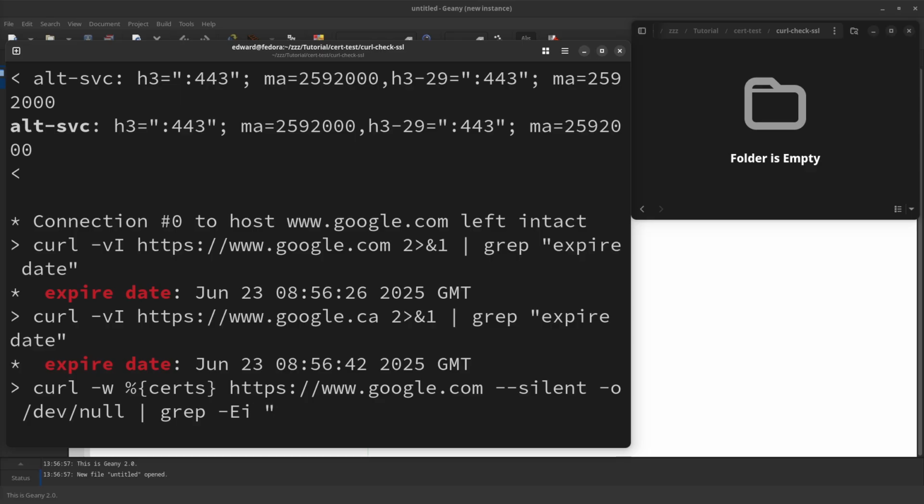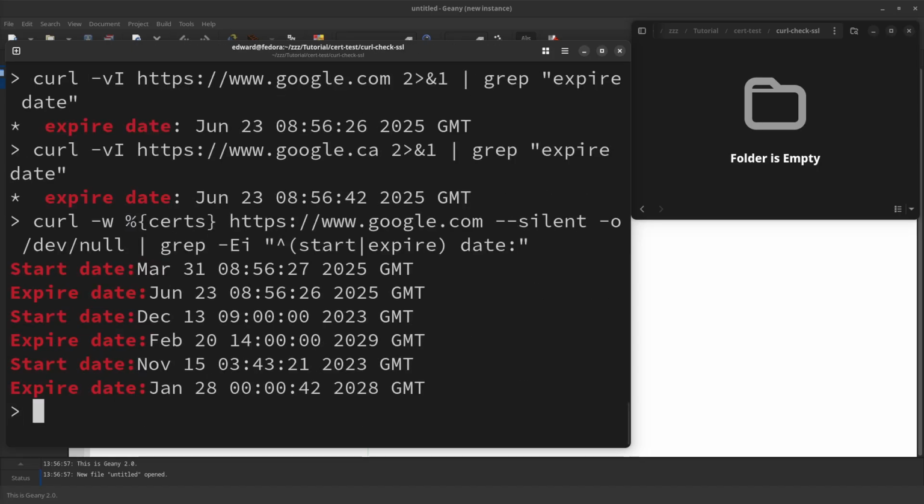Then this is just a regular expression. So what I'm going to look for is start, all, expire, and the word date. Okay, so as you can see here, it tells me the start date is March 30th, whatever this is, and